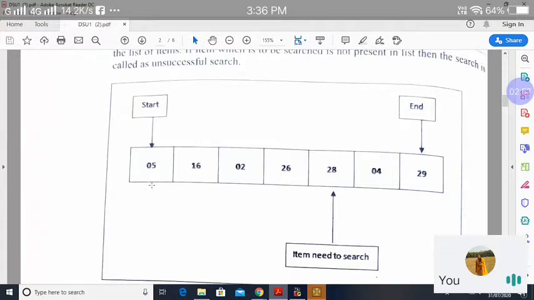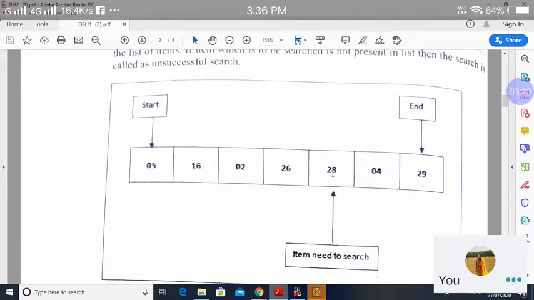We start searching from the first location, that is 5. The next location has 16, the third location has 2, the next location has 26 and the next location has 28. So we found this element at the fourth location: 0, 1, 2, 3, 4.